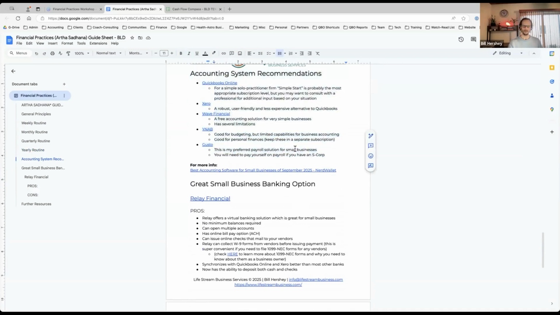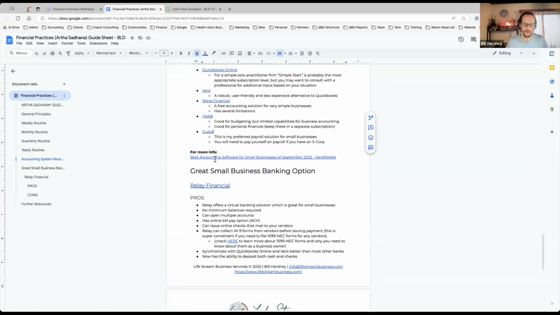So here are the accounting systems that I mentioned. Gusto is the one that I didn't mention. There, if you have employees that you're paying through payroll, or if you're an S Corp owner and you need to pay yourself salary with state and federal income tax withholdings, and other withholdings as well, you'd want a payroll processor, payroll provider in order to manage all those tax liabilities. So Gusto, I feel, does a solid job. They're the best one I've seen out there. There are others, but they're the only ones that I can solidly recommend.